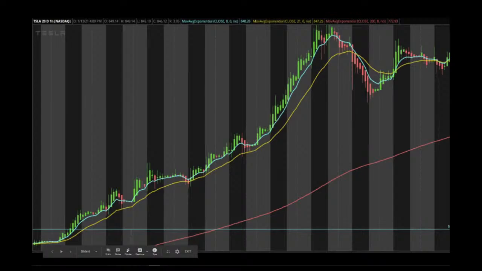Again, another example here. That's Tesla. I think this is an hour chart. There are small corrections here. An uptrend. This is a correction here. Maybe a small reversal, but